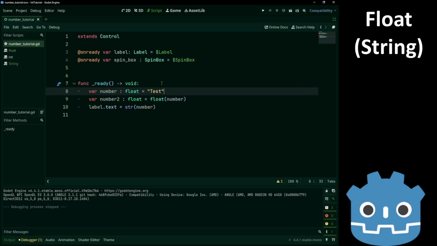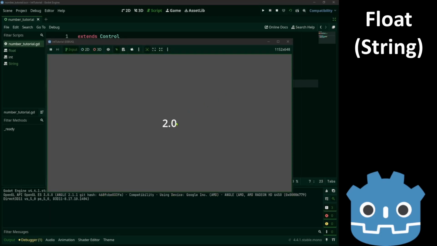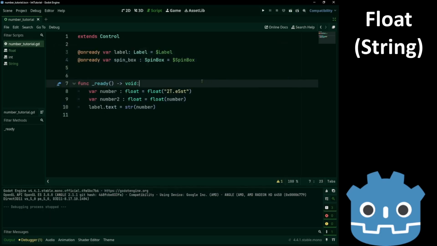Just like before, this needs the constructor. By the way, numbers and booleans don't need the constructor. Now let's add some numbers. 2. We stopped at the letter T. Any numbers after an invalid character has been found will be ignored.